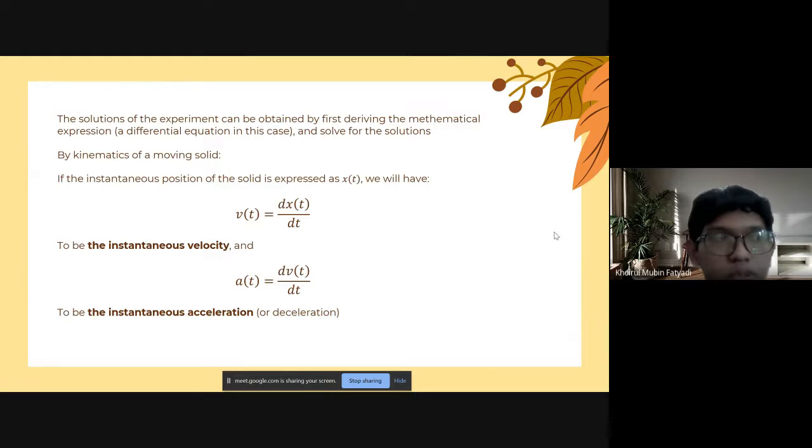We do the first derivative of vt for acceleration or deceleration. You can say acceleration or deceleration: acceleration for free fall and deceleration for throw up. Next is the derivation of the math expression